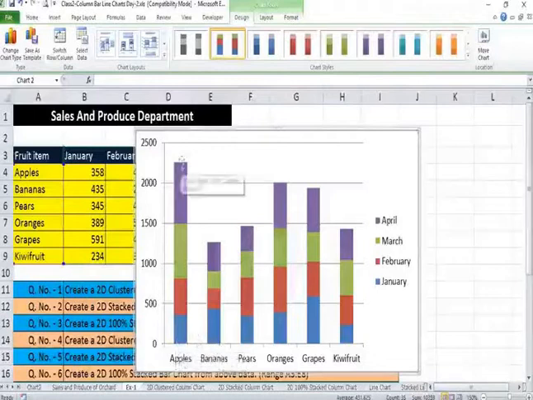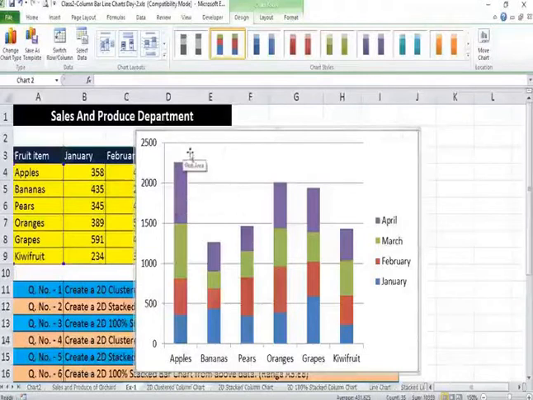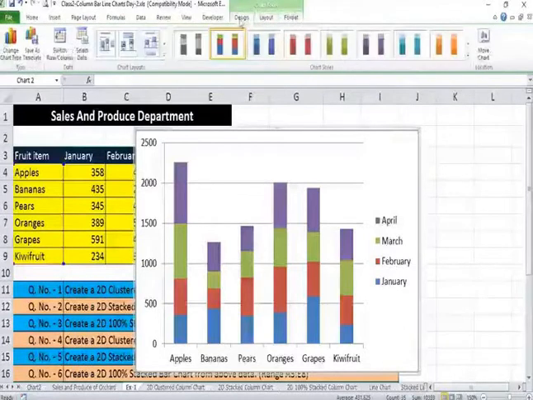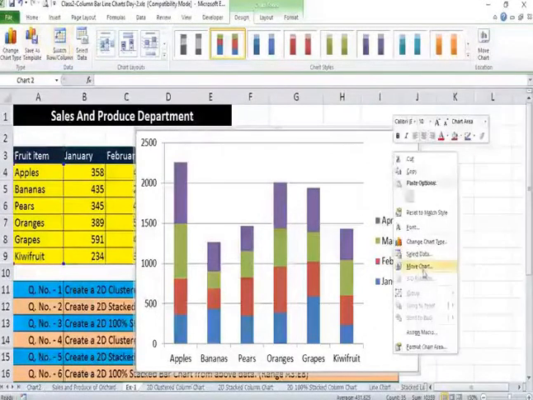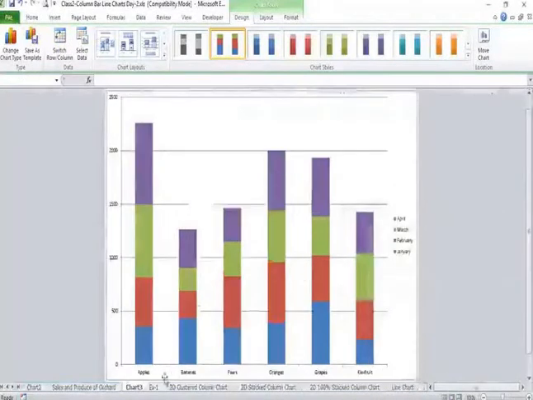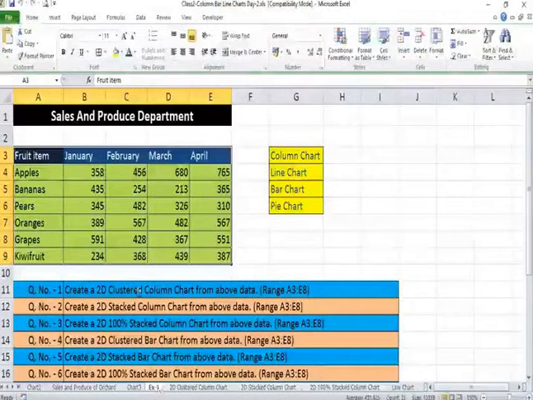So this is your stacked column chart. In this option, instead of getting four different columns, you are getting a single column. Rest of the things are similar. Chart tools has appeared similarly at this place, and the options are like that only. Also, you can right click and move this chart to a different place. I am not changing the name this time. I am clicking OK.